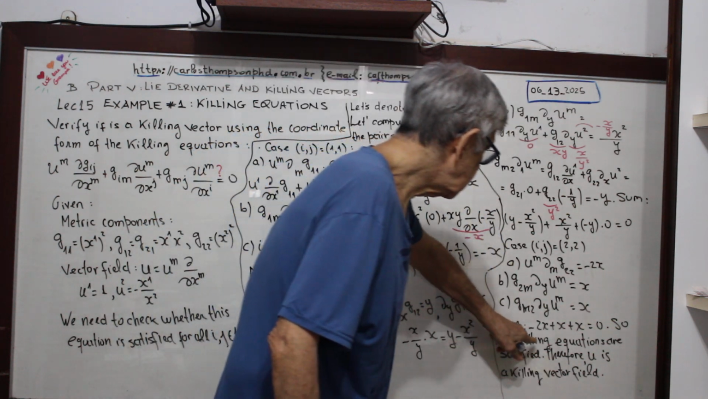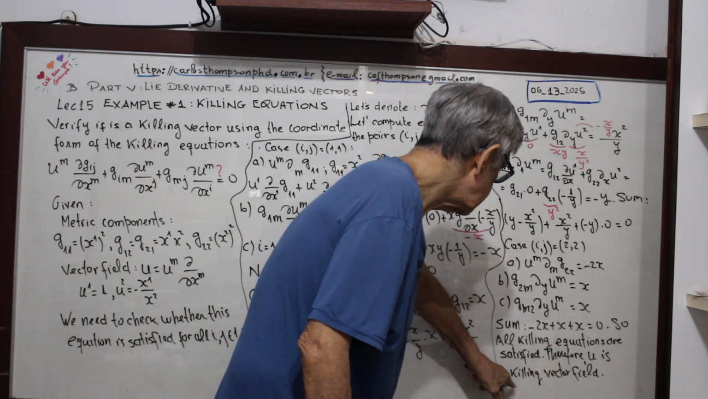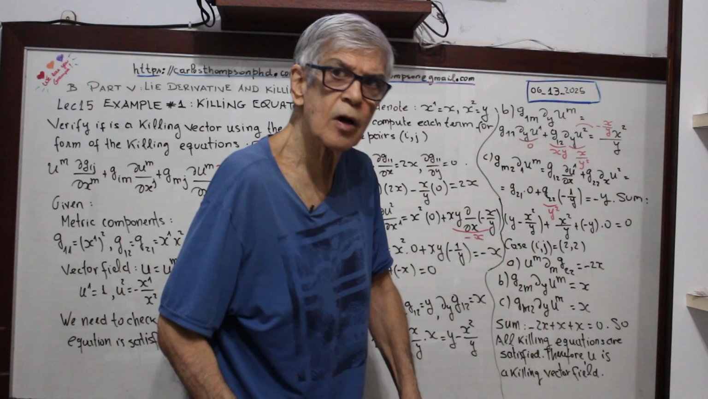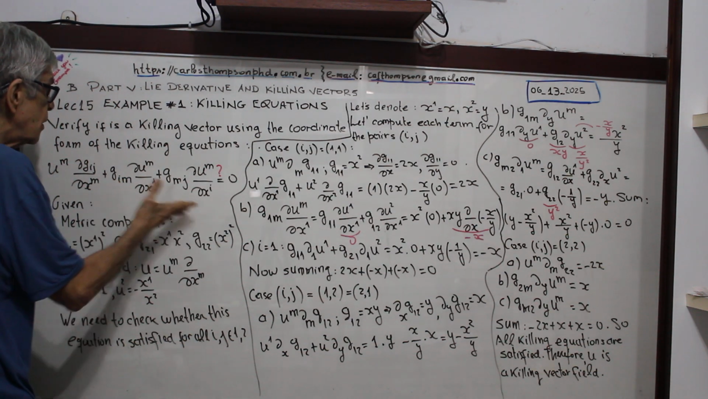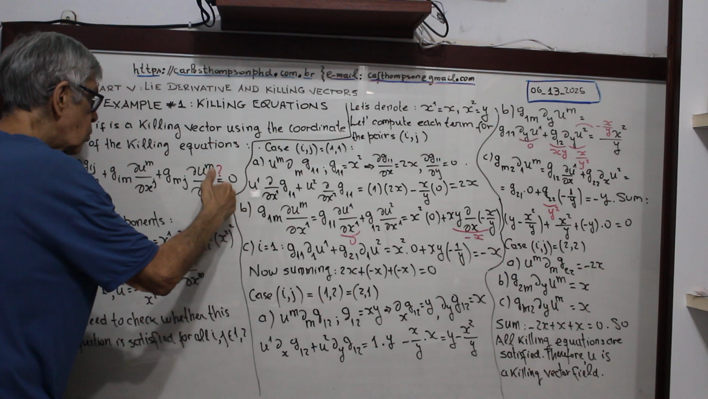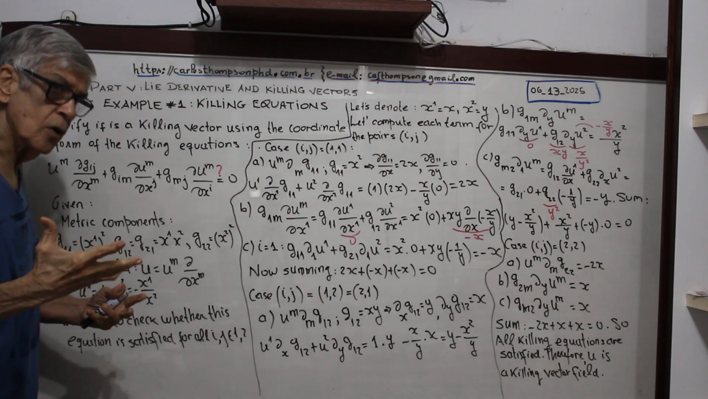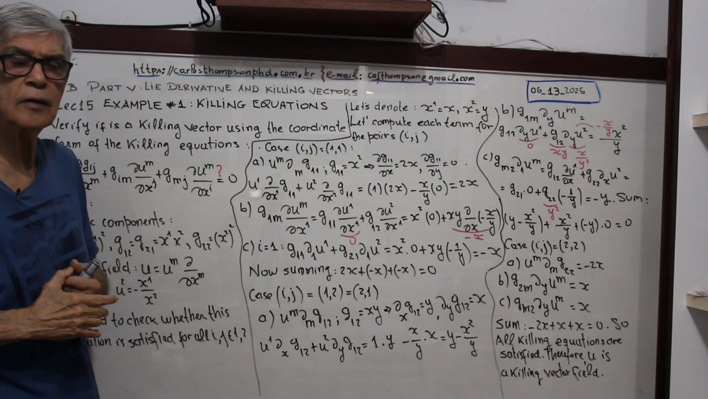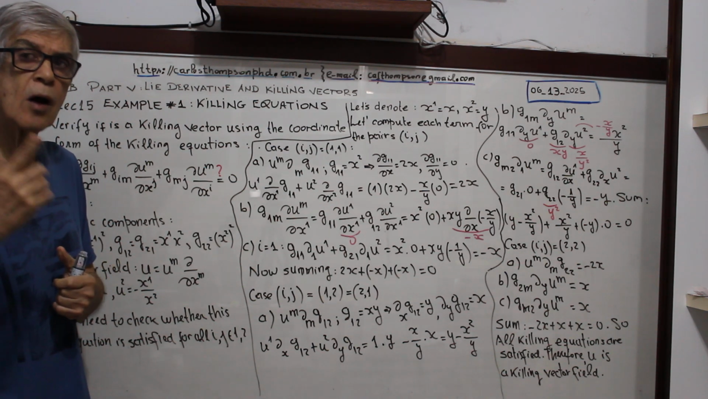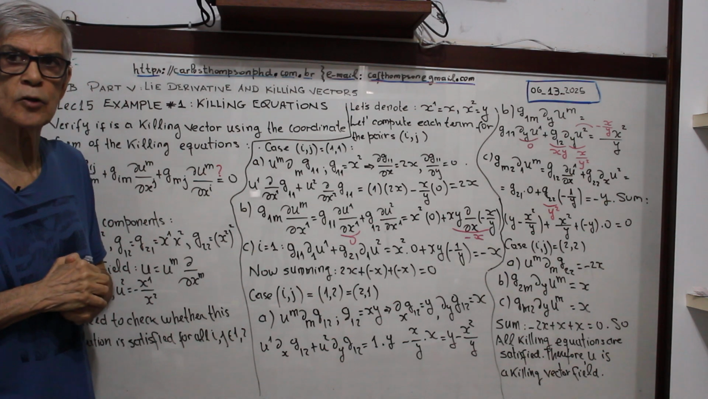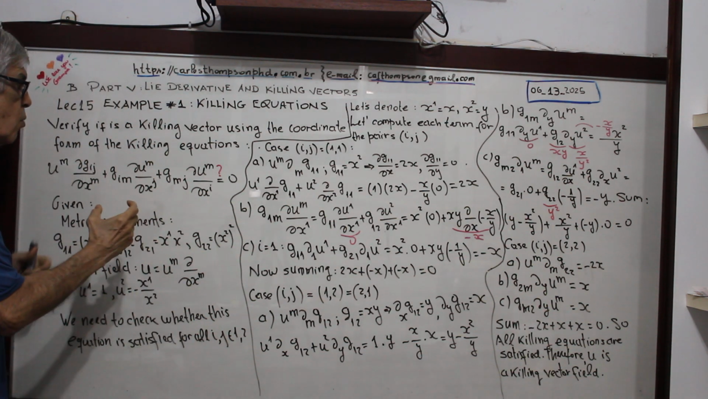So all Killing equations are satisfied. Therefore, U is, in this case, a Killing vector field, because this was verified. This coordinate form of the Killing equation was satisfied because this leads to 0. In general, you calculate inversely, because what you want is to find the Killing vector in the equation. Here, just the opposite. I'm given data such that I want to verify